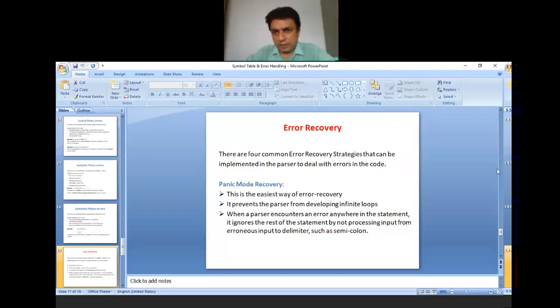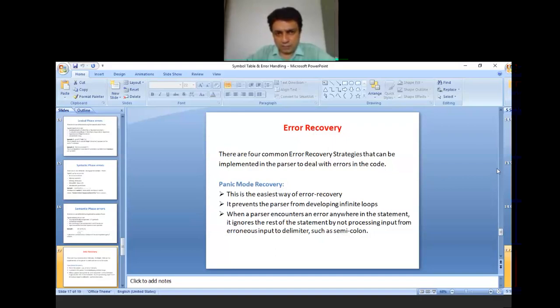Okay, so proceeding further. After encountering an error, we also have the error recovery mechanism.